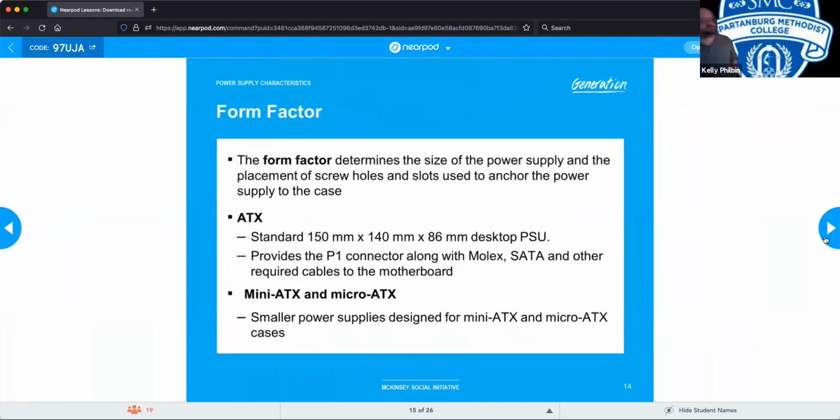Okay, form factor. We talked about this a little bit earlier with regards to motherboards. Form factor is really just a fancy way of saying size and shape. So that applies to things not just motherboards. It applies to power supplies, RAM modules, graphics cards, all that fun stuff. Form factor is the way that they're basically going to express size and shape. So we talked about the ATX